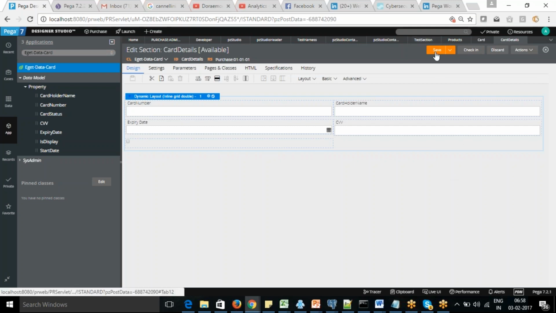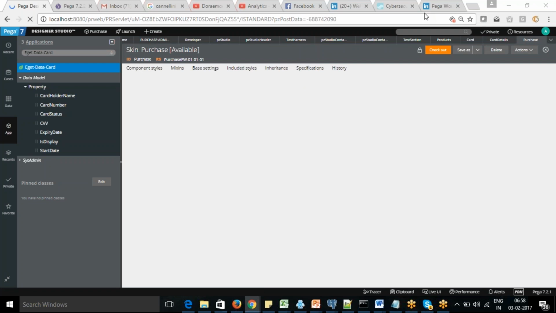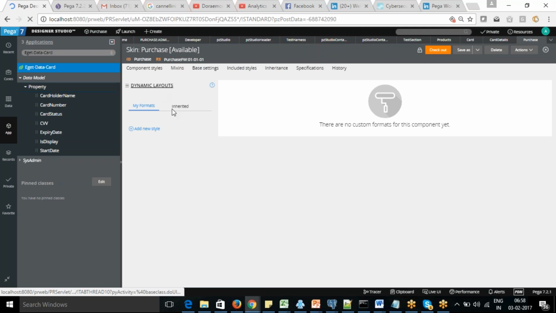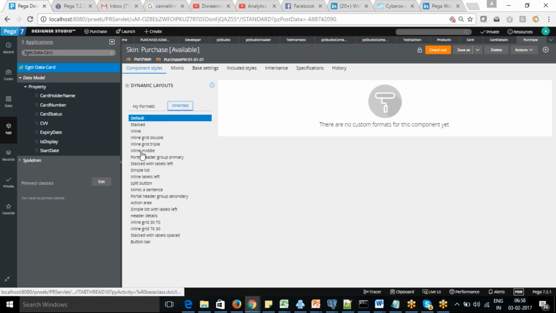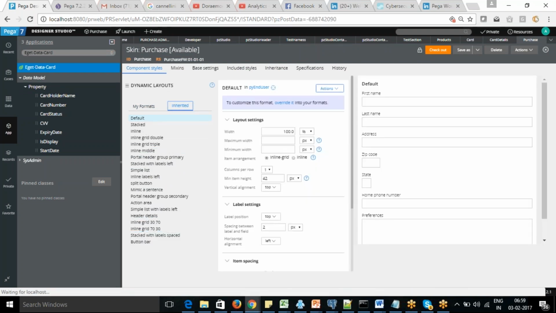Okay, so that's the different features available in the UI. And the scheme rule. I showed the different options, right? So you have the scheme rule, which decides the look and feel of your scheme. Here you can see the dynamic layout. If you go to the inherited, these are the different options available. If you want to choose, you can choose from these many options.